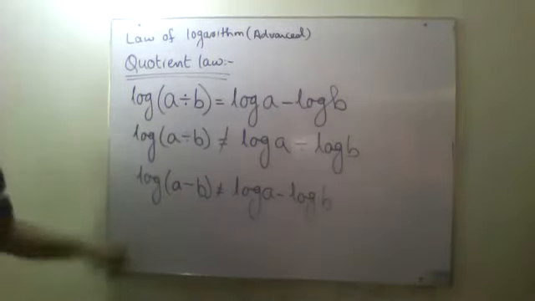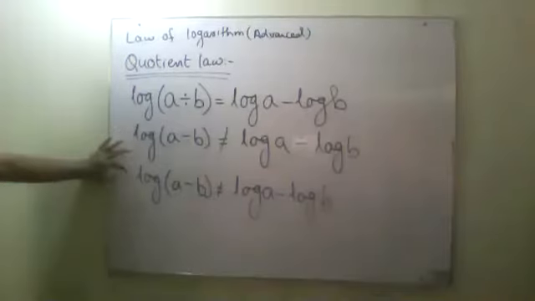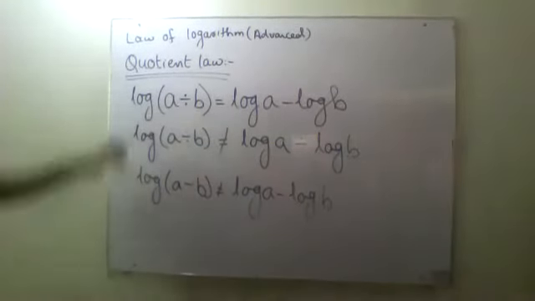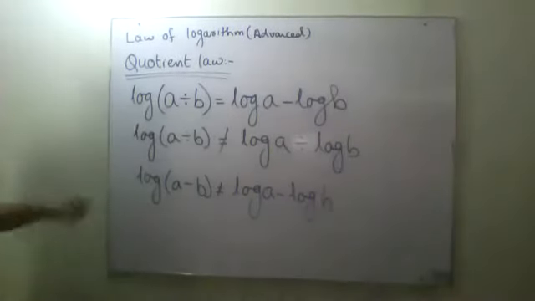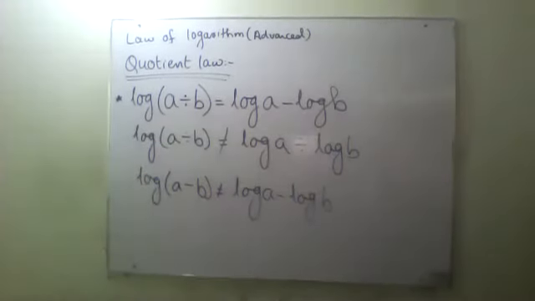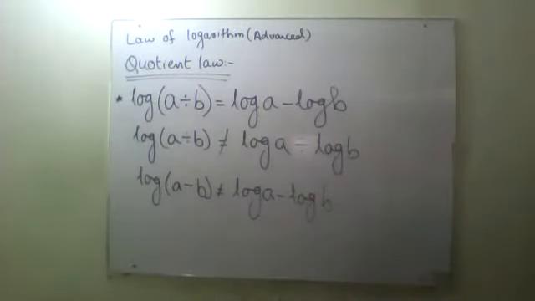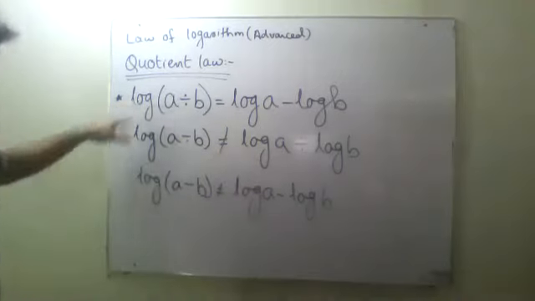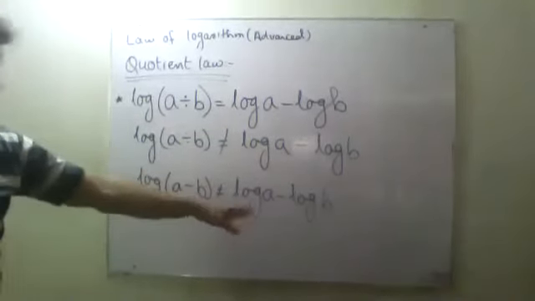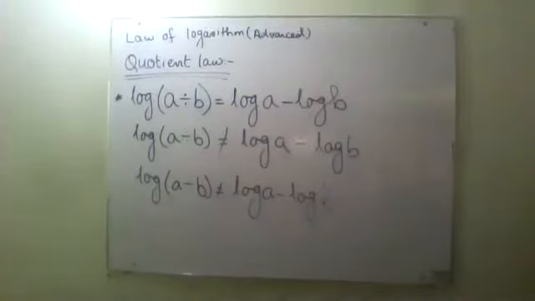I am giving you these things because these are the mistakes which students make. Okay, that's why I'm telling you not to make these kind of mistakes over here. Okay, so these are the two things. This is your main rule, but these are the mistakes which you have to take care of. Okay, you are not making these mistakes. You are not getting the confusion. Okay, log a divided by b will remain log a divided by b. I will not write it like this. Log a minus b will remain log a minus b. I will not write it like this one. Okay, these are the rules which you can say are the advanced ones.